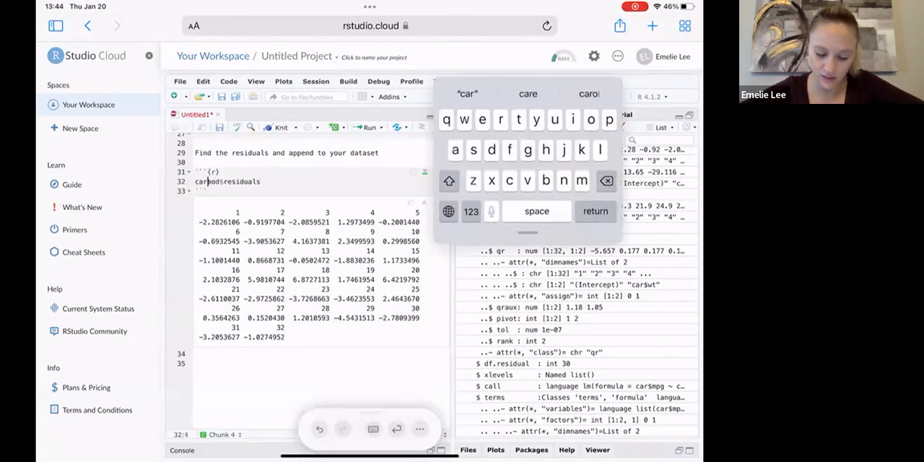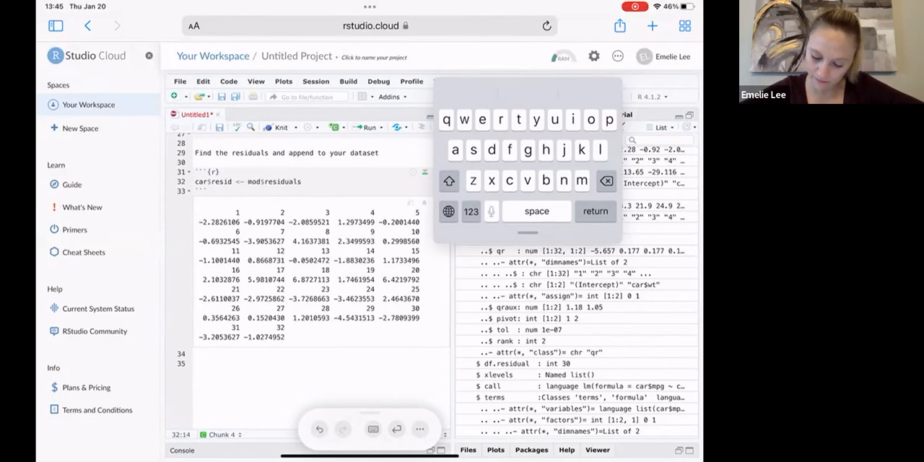So now I'm going to create a new column on car. So I say car$resid, maybe, is assigned to the mod$residuals. So what you're going to find is that it's going to be